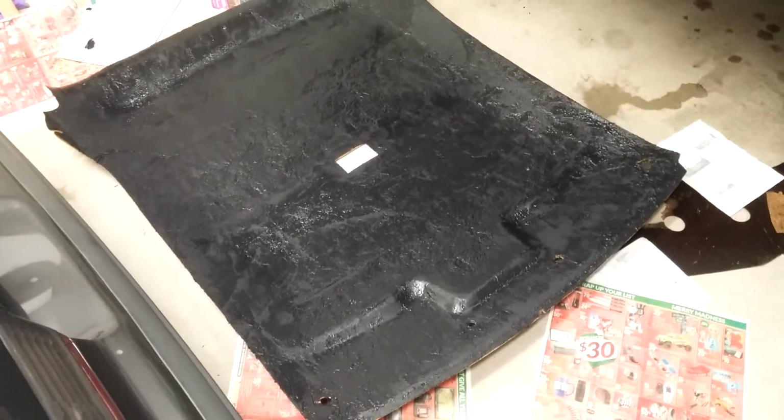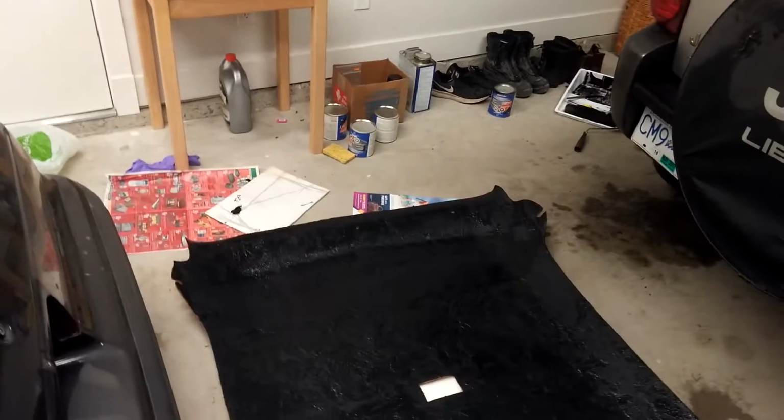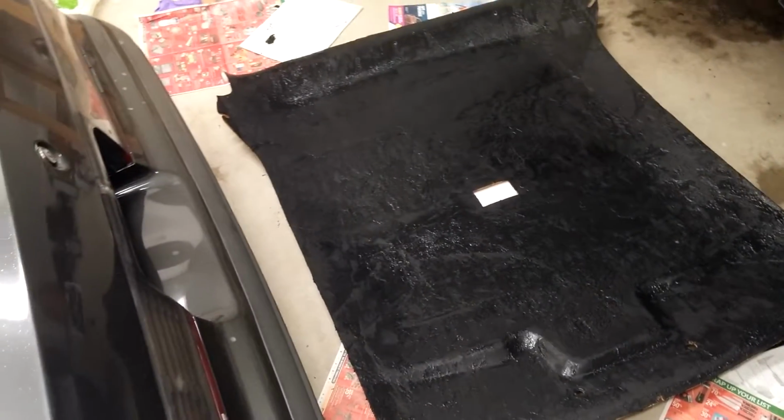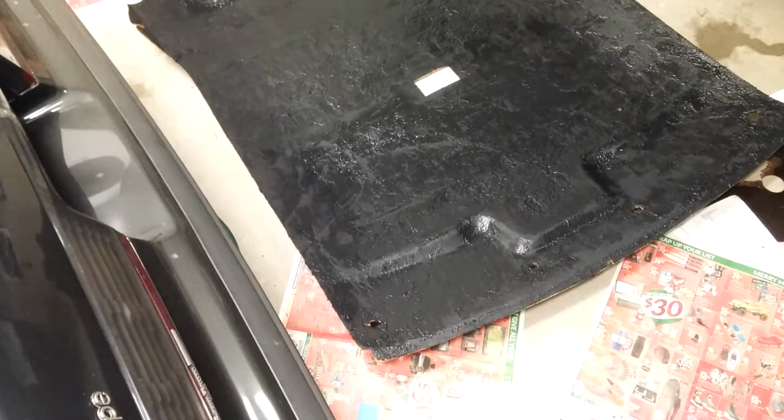Okay, I've gone and got some more, those little cans you can see. I got some more of the same product. Sorry, it's not Rust-Oleum, it's Dupli-Color truck bed coating. That's what it's called. And I've done my first layer. I guess I should get rid of that, but I've got it on. I applied it pretty heavy there,